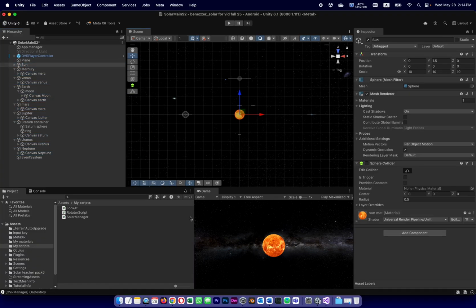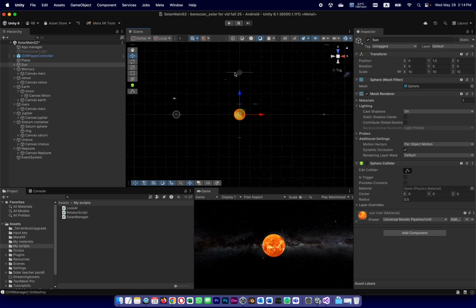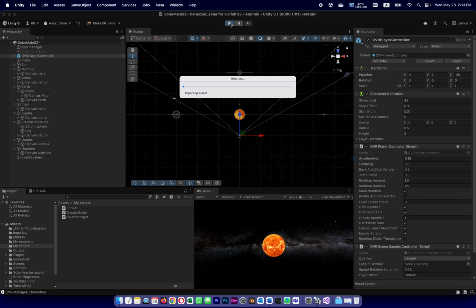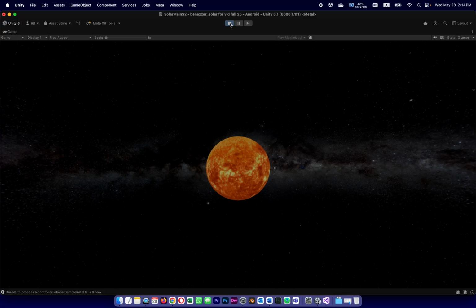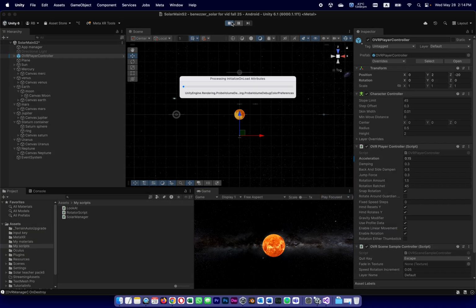I can turn on my gizmos. This shows me the orientation of the canvases. Look at what happens when I play. My camera is right here. This is my camera. When I play, I want to make sure I'm not playing maximized. Play focused. Because in this case, it's easier to look at the scene. When I play